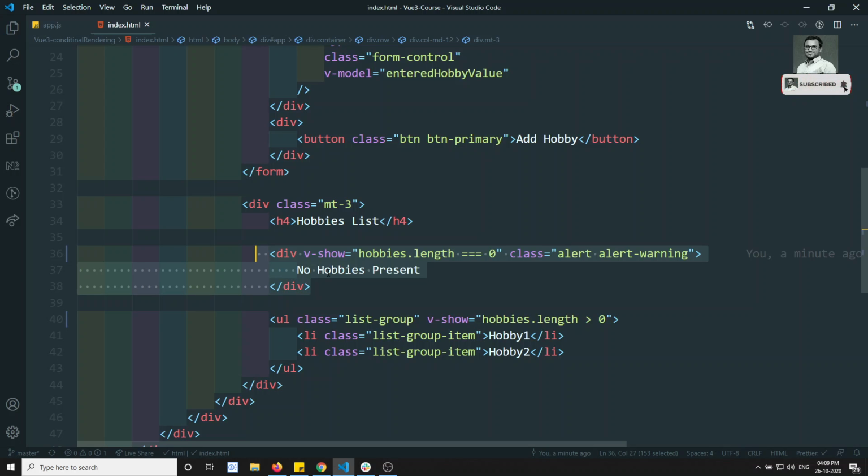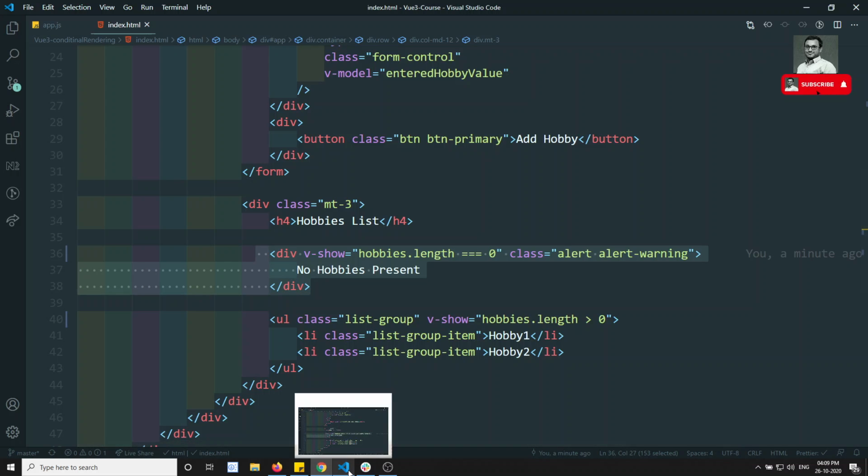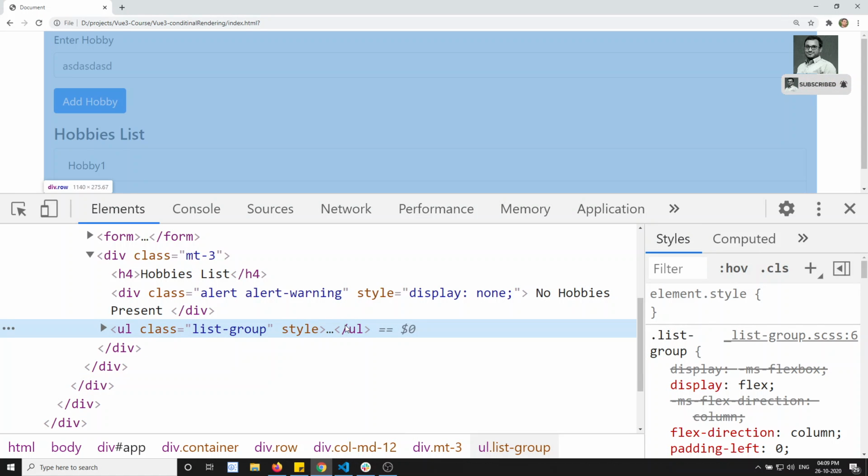Then you can ask me which one is better, v-show or v-if. v-if should be better. Why? Because if you are using v-show more and more in the project, the HTML data will become larger and the data loading will become slow. With v-if, only the DOM elements which are required will be present in the HTML, and afterwards others will be added dynamically based on the conditions.